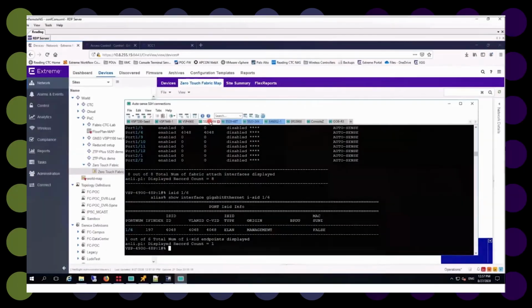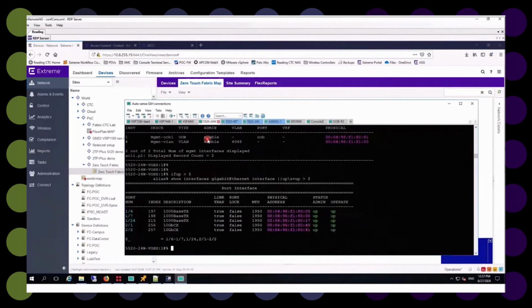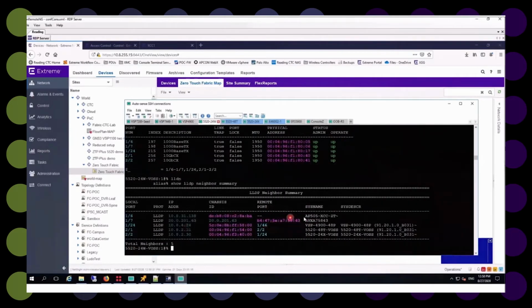So the first thing we'll do is we'll take a look at our overall port profile in the 5520-24W. If you recall, we only had the 4 ports, or 5 ports. So you can see that we have our 3 NNIs in the bottom, and then we have our UNIs up on top. LLDP shows that they are indeed an access point, voice over IP phone, and then the bottom switches are all what we suspect to be network-to-network interfaces.